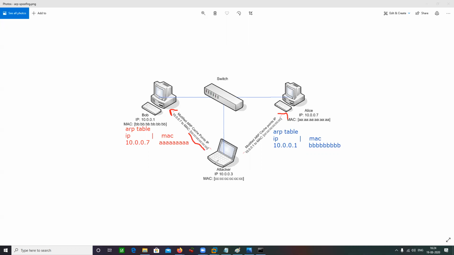The CCCCC MAC address is your attacker's MAC address. As a result, the entries written here are going to be overwritten by CCCCC.